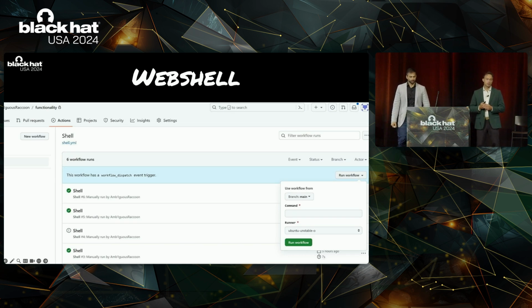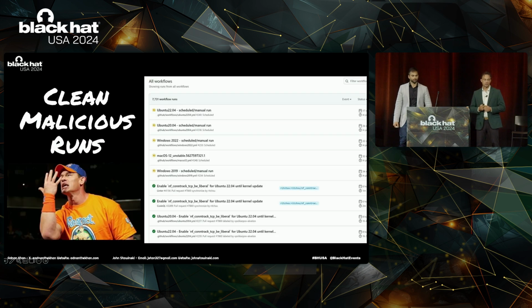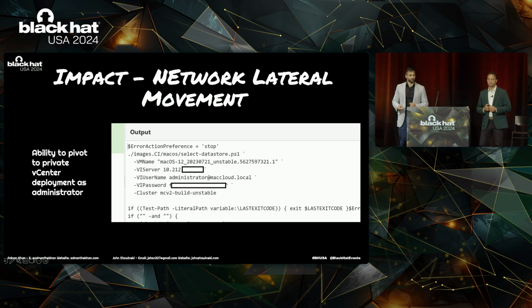So it's a great way to gain and use code execution. So I was able to use the GitHub token here with that actions write access to clear the test workflows. At this point, it's like the attack never happened if you're looking at the repository. With internal network access, lateral